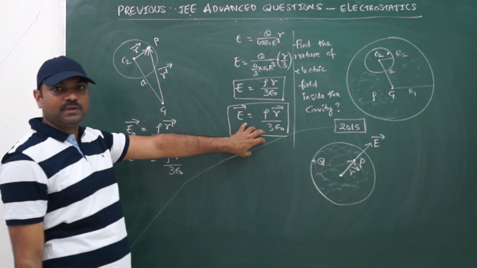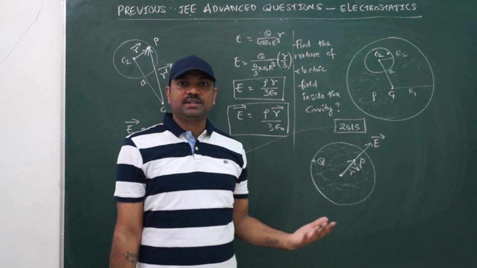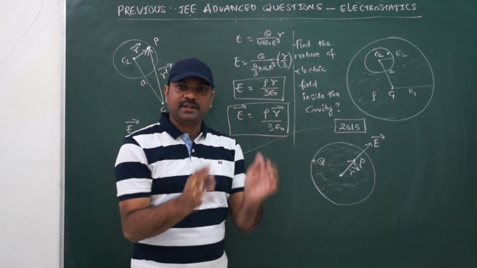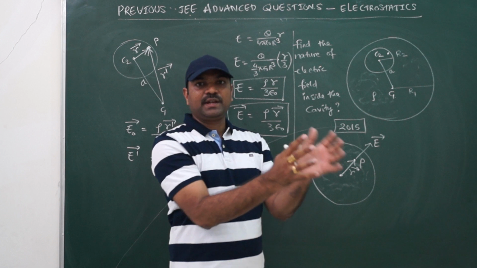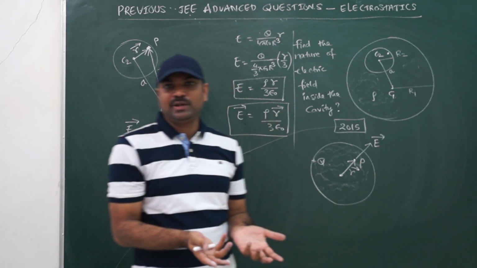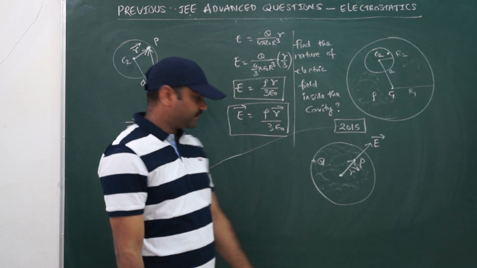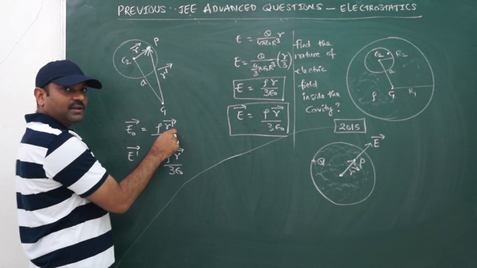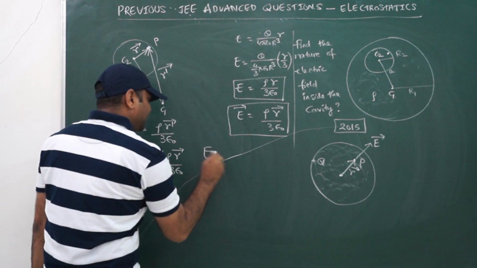So simply we are applying a formula for the field inside a solid sphere. We are finding the field due to the entire sphere, and we are finding the field due to the cavity. As we are removing the cavity, that field will be lost, so the remaining field will be there. Okay. So this is the field due to the cavity at a point. This is the field due to the entire original sphere. Then what is the field due to the remaining part?